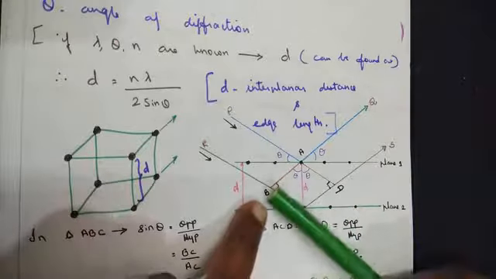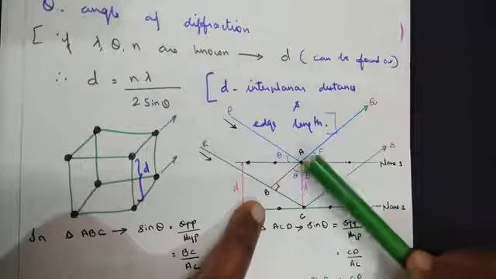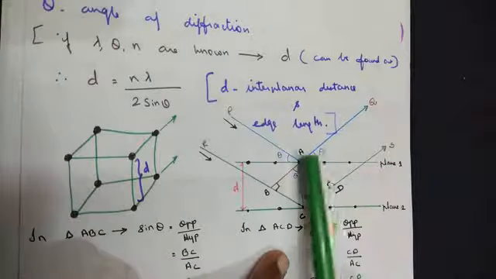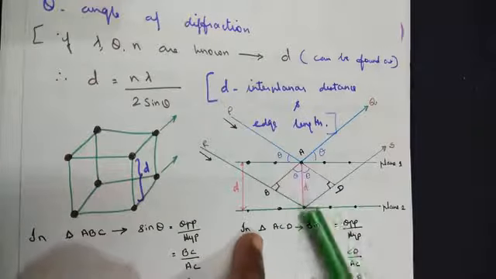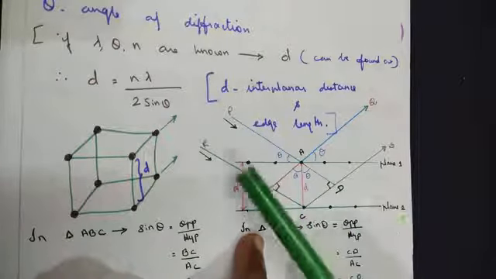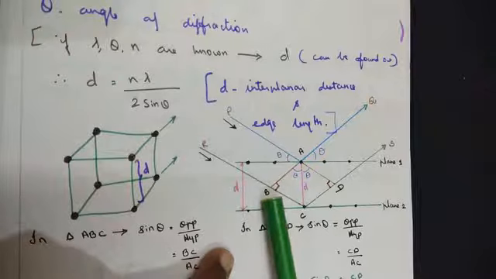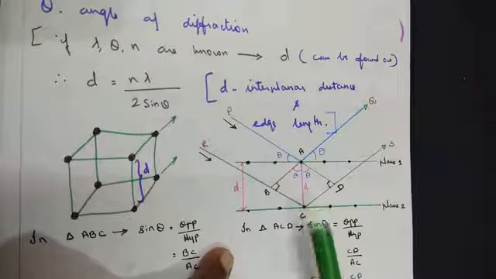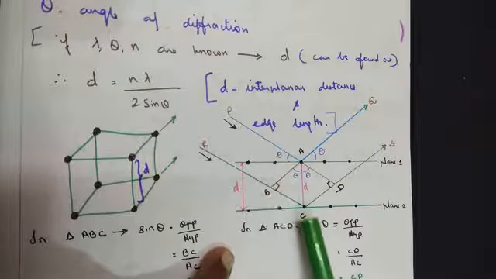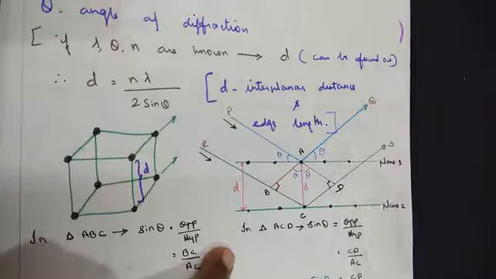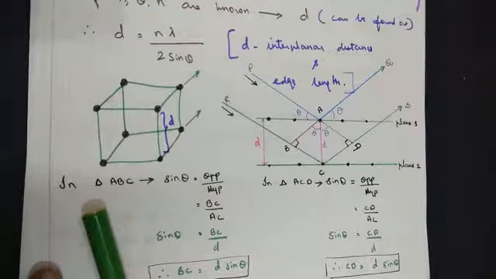If you draw the perpendicular along the AQ, BA is a perpendicular drawn along AQ. Similarly, AD is the perpendicular drawn along PA. So this tells us the extra length travelled by the ray in plane 2. Now, when we say path difference, we need to calculate the extra length travelled by the rays in plane 2. So how shall we calculate it? If we know the distance between B to C and C to D, it's easy for us to tell the path difference.